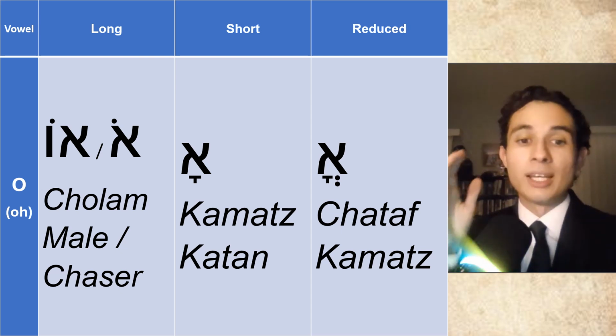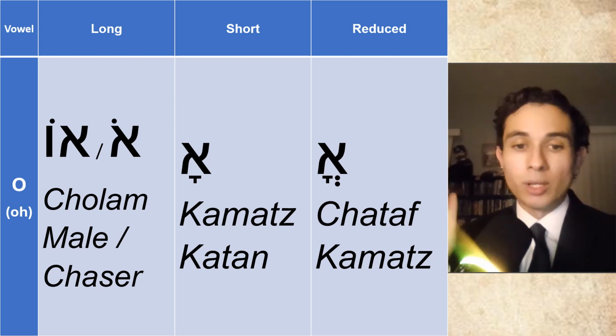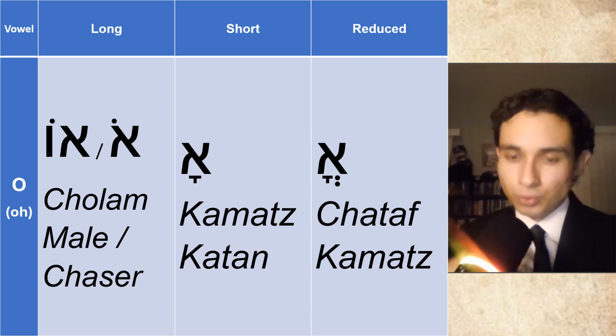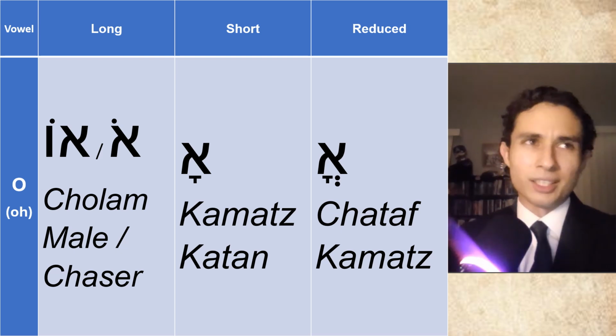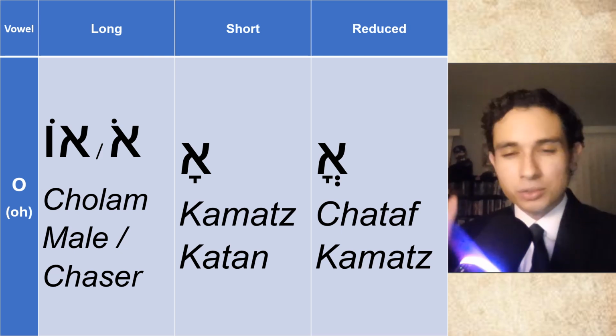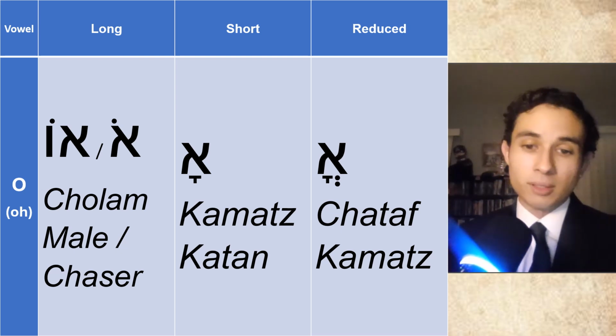You'll know what it means, and you'll just by default, once you get used to it, you'll notice when the kamatz is supposed to be treated as an O. But don't worry, just keep that in the back of your mind, basically. But don't be nervous every time you're reading something with a kamatz katan saying, oh, was it an A or no? Just treat it as an A. Okay, that's my advice. And then finally, there is a reduced vowel, the chataf.